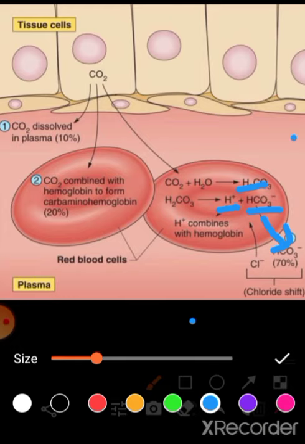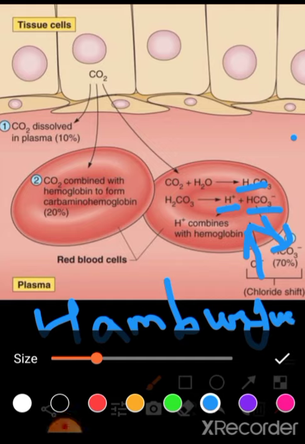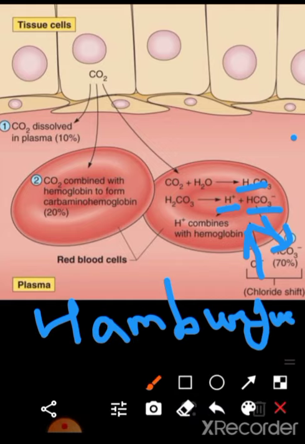Okay, so to balance this, the chloride ion gets inserted into the RBCs. Okay, so this movement of chloride ions is called the chloride shift, or it is also called the Hamburger principle. Okay,